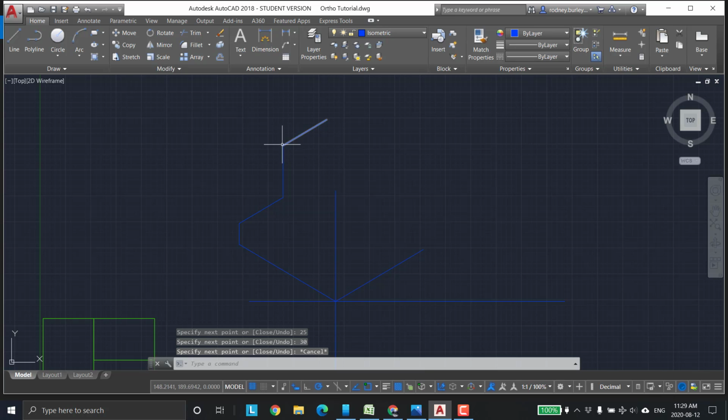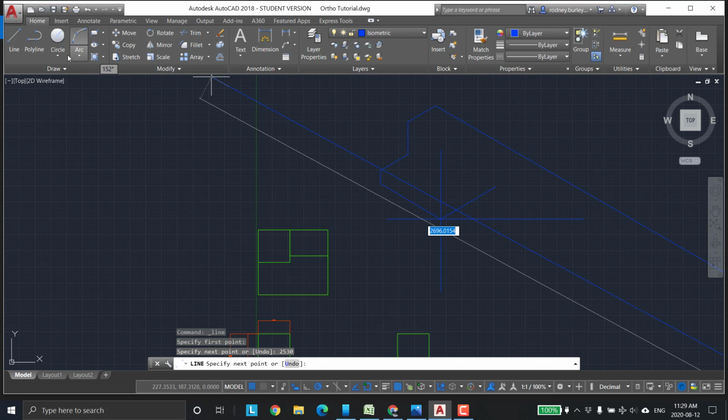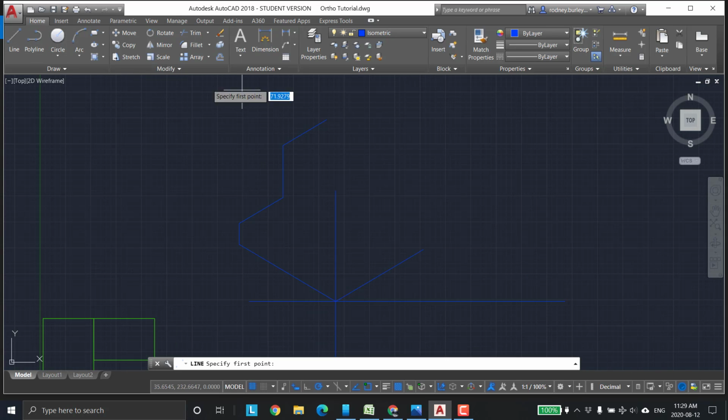Now I'm going to bring a line from here this way, or I can come across here, whatever, it doesn't make any difference. I'm going to come this way here, which is again 25 millimeters, and it is going to be 30 degrees. Oh, that wasn't working out for me, was it? Undo. Line, and it's going to be 25 millimeters, tab, 30, enter. That's better. And then here to here, which is going to be the same thing, 25, tab, 30, enter, and then we can simply close that from there to there,